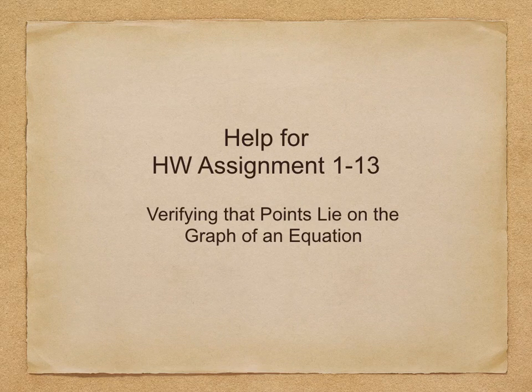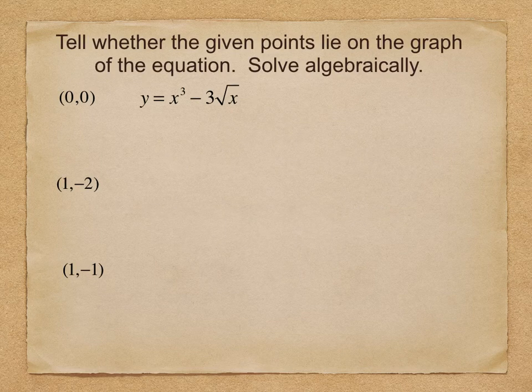One of your homework problems asks you to verify that points lie on the graph of an equation. And so what I've done is I've created a similar problem to help you understand your assigned problem. Here we have a curve y equals x cubed minus 3 square root of x. And the 3 points that we're trying to determine, if these points lie on the curve, have the coordinates that